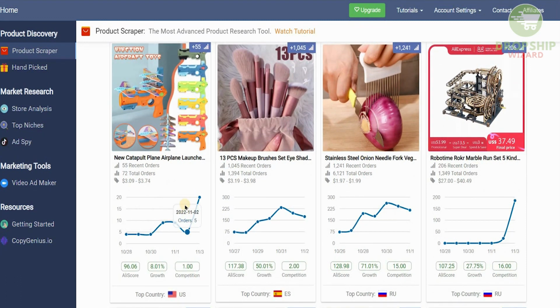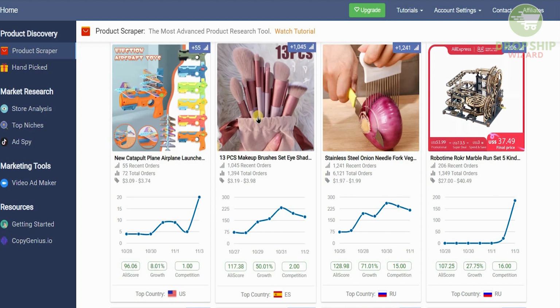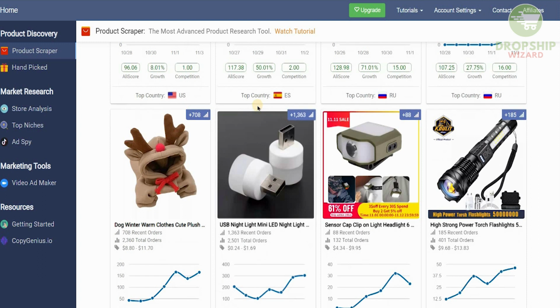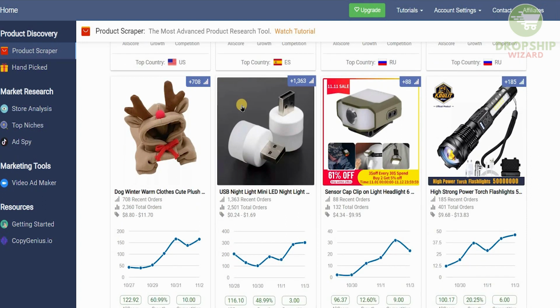If you look at this product over here, which is a very interesting product, the amount of sales that took place are massive. And the reason why they have taken place is because you have Christmas around the corner, and this is an amazing novelty gift to give to a child. And that is the reason a lot of individuals are interested in this particular product. And you can clearly see the data that's available, and based on that data, you can ensure and understand if you need to get this product. That is the first thing that you should do.